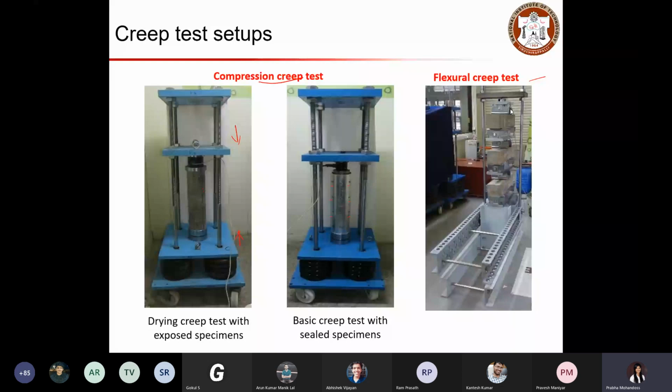So here you can see the specimens were placed one over the other, and then the loading will be applied here, or whichever helps you to induce the flexural loading condition. Typically, a lever arm will be placed here, and then the loading will be applied at this point. And you can have a good data acquisition system. So here you can see the cables going on, which are connected to a data acquisition system, which basically records all the information from your specimen, like how much load is being applied, how much deformation is occurring.